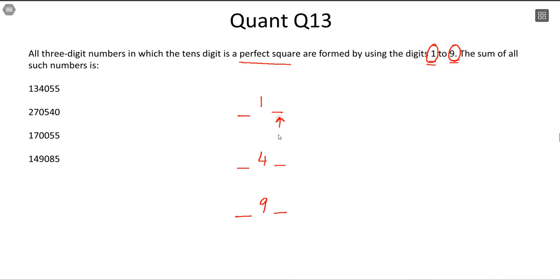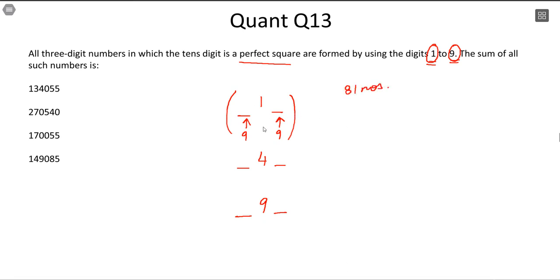If the tens digit is 1, 4 or 9, there are two other places. Now what digits can come here? Anything from 1 to 9. There are 9 cases. And what digits can come here? Anything from 1 to 9. There are 9 cases. What I'll do is I'll try to make a storyline for 1, and then I will replicate the storyline for everything else. You get 81 numbers here.